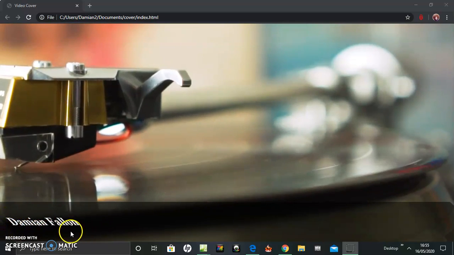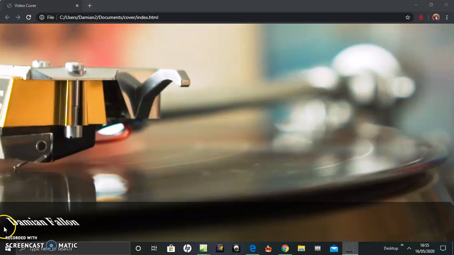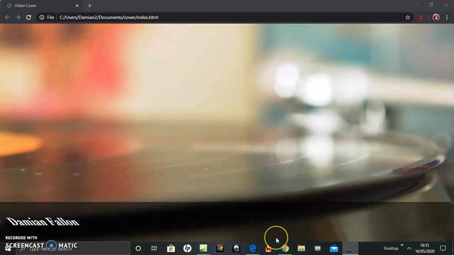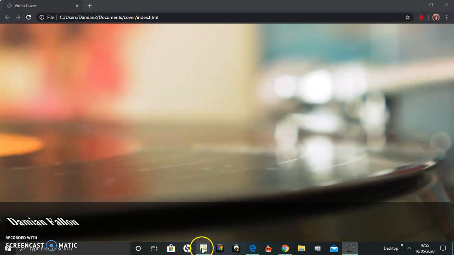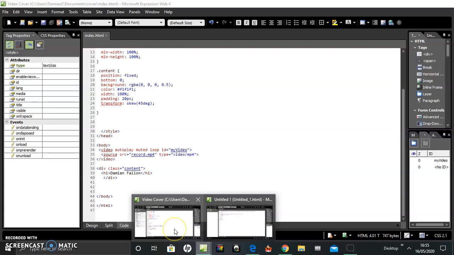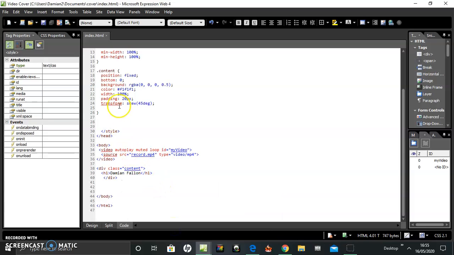As you can see, there's text here. Actually, the whole content box is skewed, but I thought it suited it. So I carried on with it. So let's have a look at this. How do you skew text? Okay, with one line here,